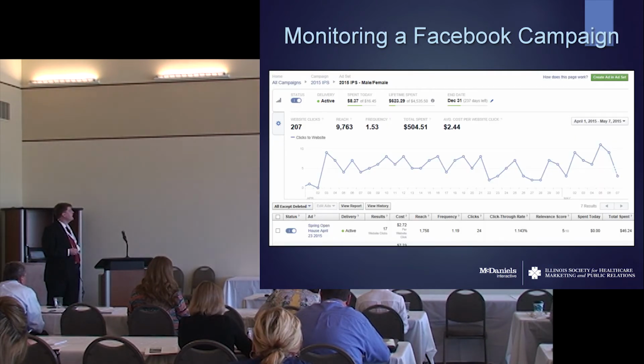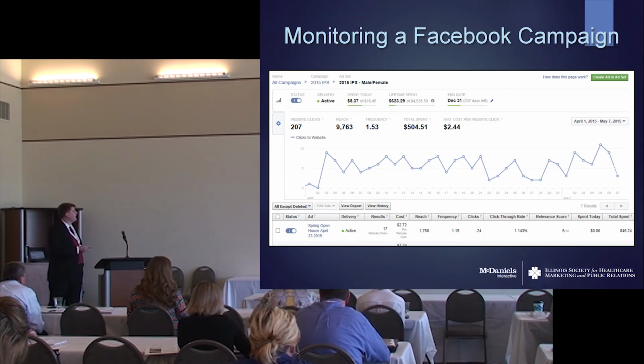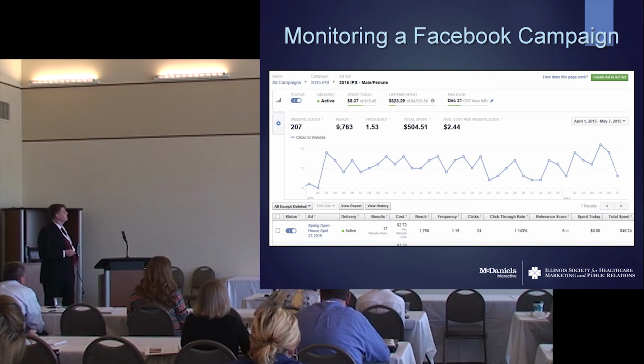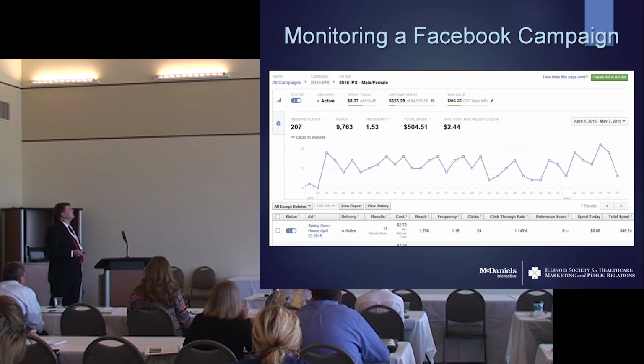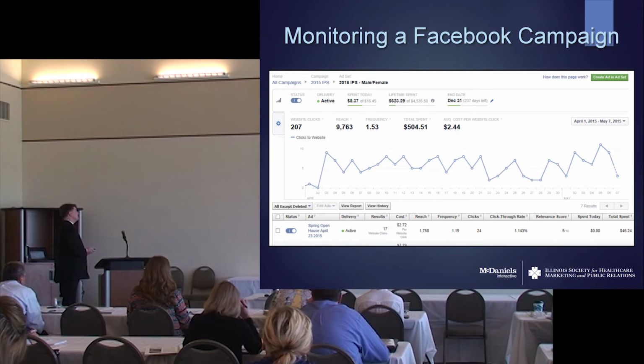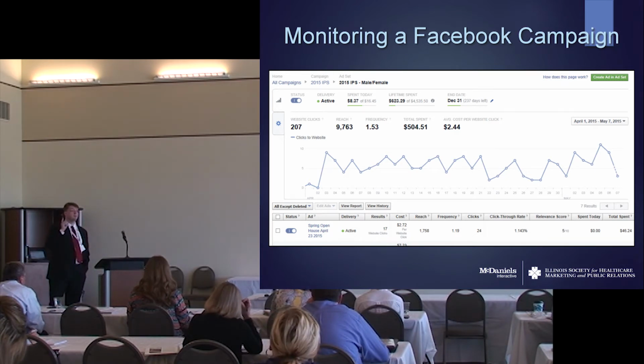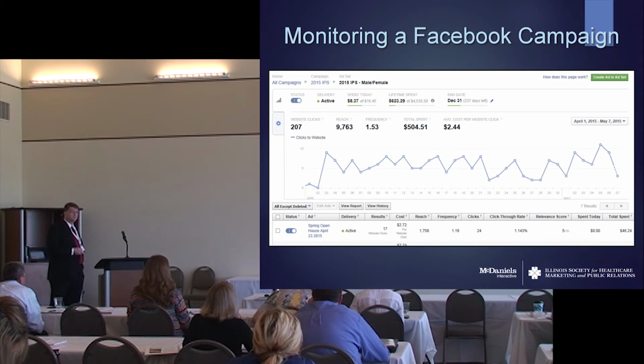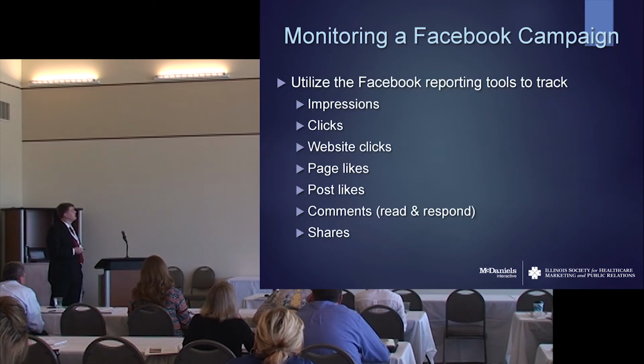And again, when you get behind the scenes on a Facebook campaign, this is kind of what you can see. I don't have the full dashboard here, and a lot of this will look like Google. You can see when something's delivered, you can see the reach, you can see the frequency, how many clicks, click-through rate, that's all pretty standard. The thing that you can also see on Facebook, and I love this, is how many people liked your page as a result of an ad, how many people commented on it, how many people shared it. So it's a little different than Google in that you have that increased interactivity. These are the things that Facebook allows you to track.